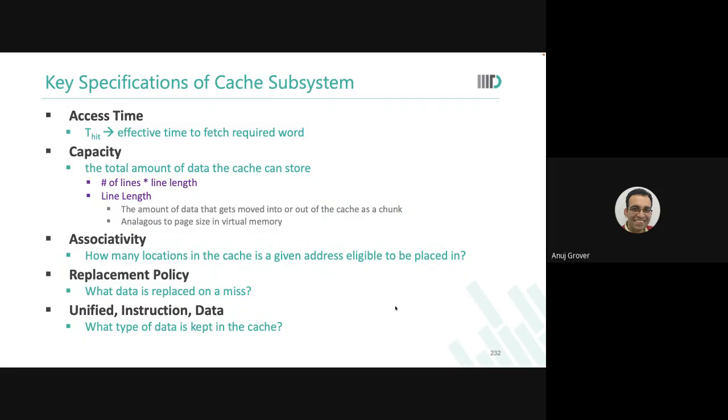So what we do is we say that, okay, for these 10 LSBs, there are 4 locations, and you could put the data in any of the 4 locations. What that means is 4 programs can run in parallel. This is called 4-way set associative memory. You could do 8-way set associative memory. You could do 2-way set associative memory. The larger the number of ways, the more options you have for where you could place the data retrieved from a higher level of memory or cache and brought to L1 cache.